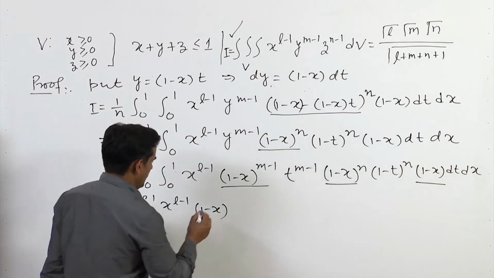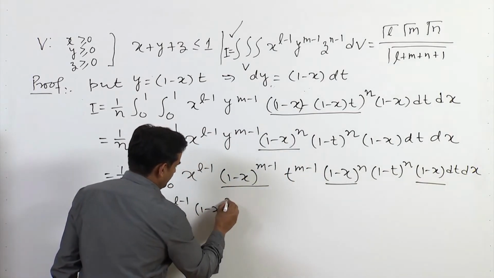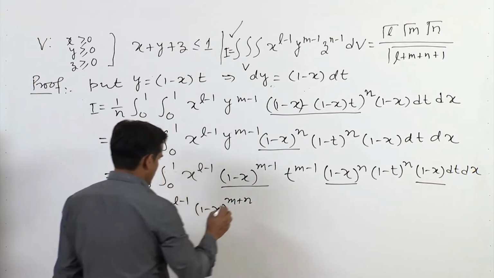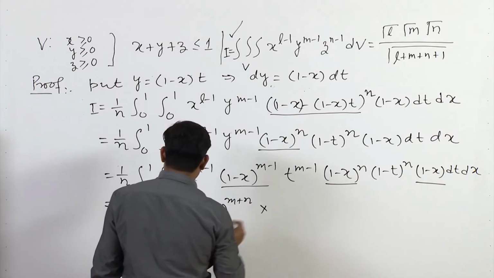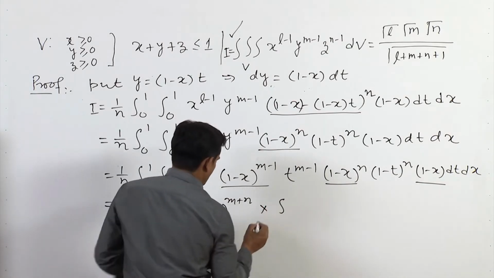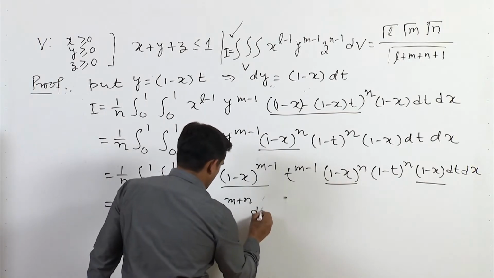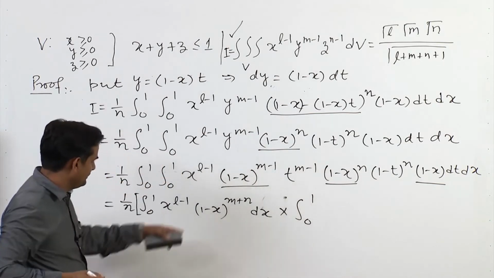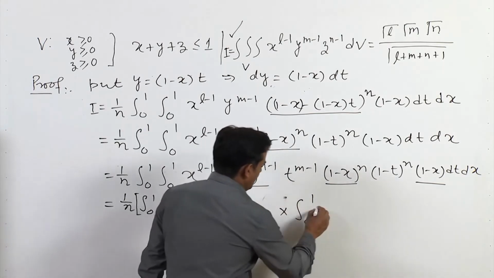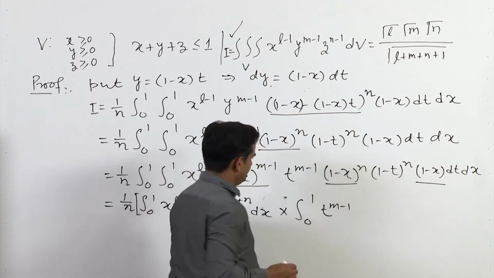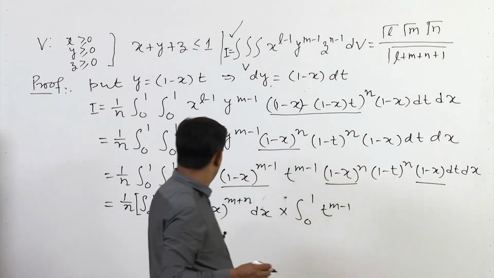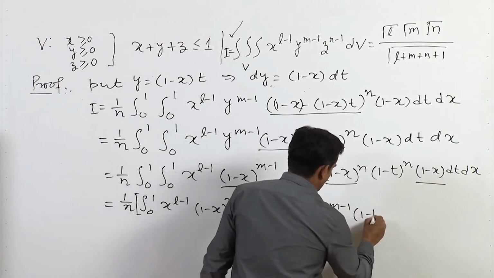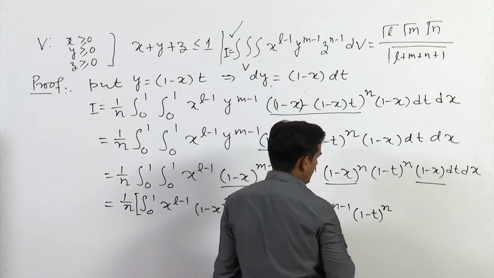So, it will become 1 minus x raised to power m plus n into the other integral, and this is over dx, into 0 to 1 t raised to power m minus 1, and then 1 minus t raised to power n